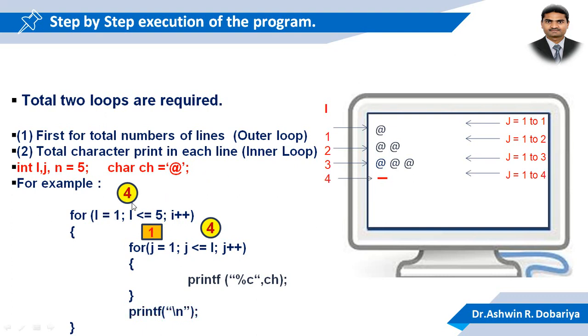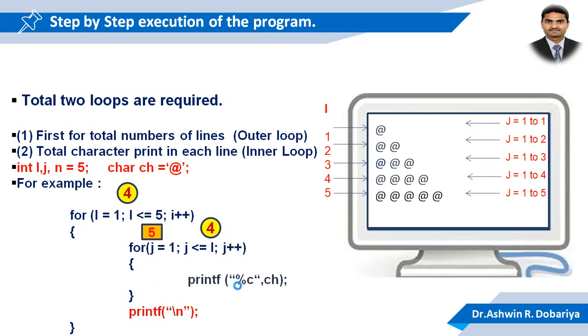Again i increments by 1, it becomes 4, then inner loop j starts from 1, j less than or equal to 4, it means this loop will execute 4 times, so it will display 4 @ symbols step by step. So in that way, once j becomes 5, this condition becomes false, then the cursor moves to the next